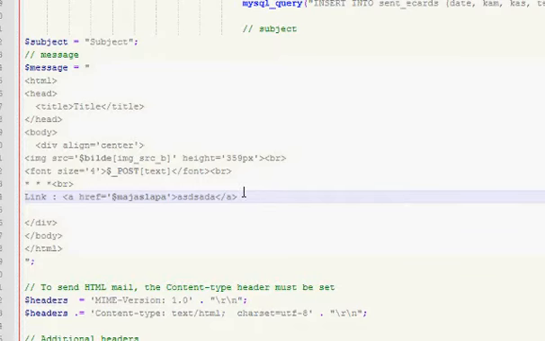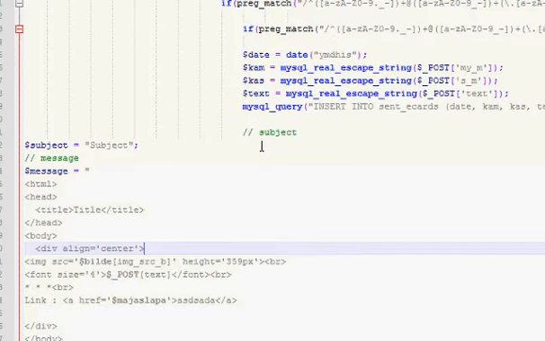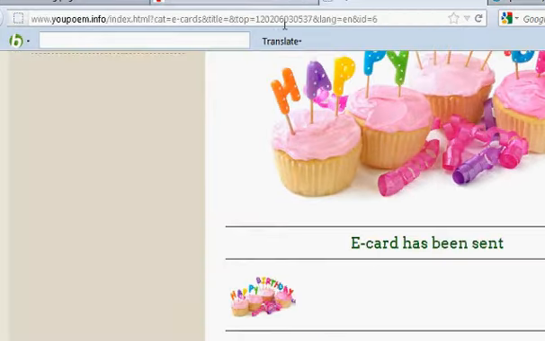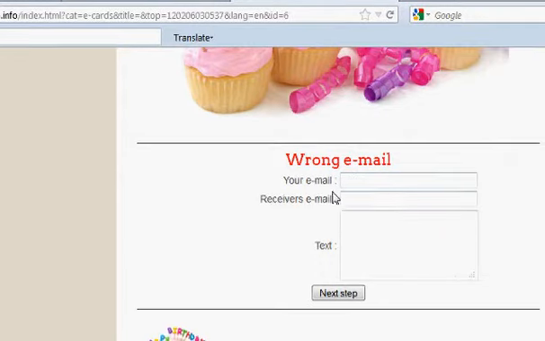So welcome back to the second tutorial, in which I was about to tell you how to go back to the link when you receive the email with a beautiful e-card. You should go back to the link. So the thing is, I wrote a very bad subject because in my form I have no place where you should write your name and your subject. So in this form we should have your email, your name, receiver's email, subject and text.